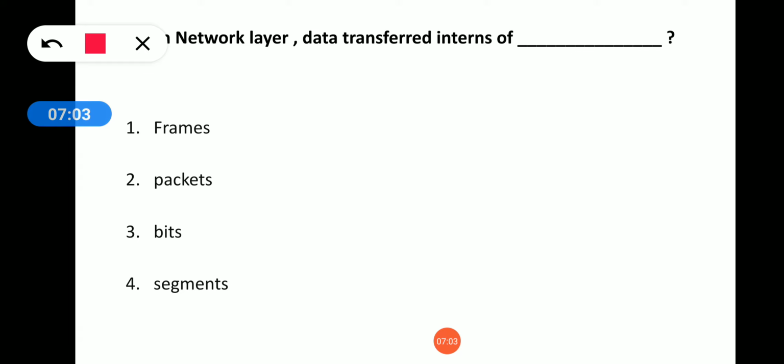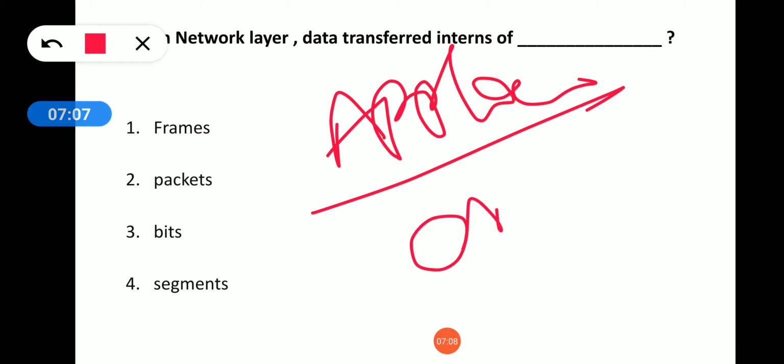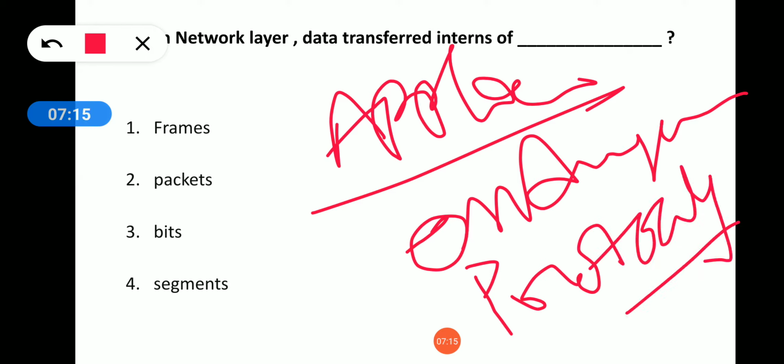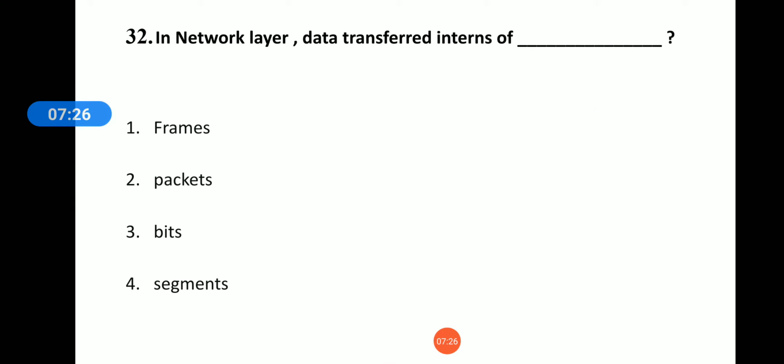The next and final layer is the application layer. The application layer is for end users with the help of protocols. It works with protocols like HTTP, SMTP, and so on. These protocols run in the application layer. So as I explained this concept, if you learn it, you can easily answer a number of questions from this topic. So please learn this concept.